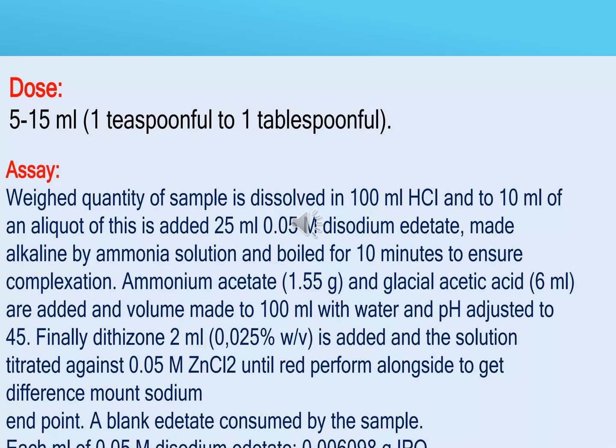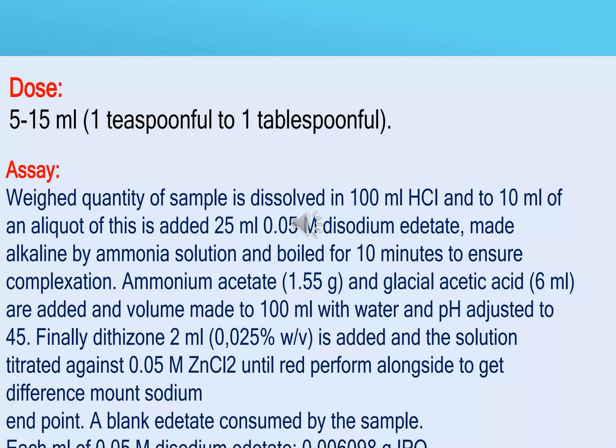Assay. A weighed quantity of sample is dissolved in 100 ml HCl and to 10 ml of the liquid is added 25 ml of 0.05 molar disodium edetate, made alkaline by ammonia solution and boiled for 10 minutes to ensure complexation. Ammonium acetate 1.55 gram and glacial acetic acid 6 ml are added and the volume made up to 200 ml with water and pH adjusted to 4 to 5. Finally, dithizone 2 ml,